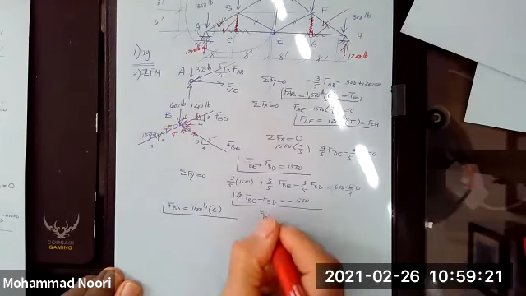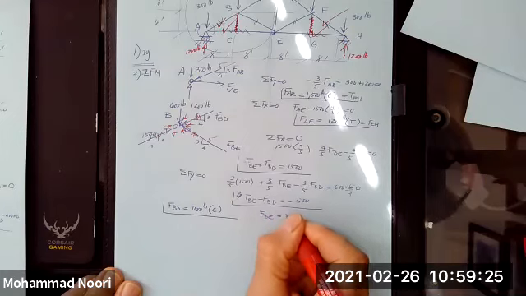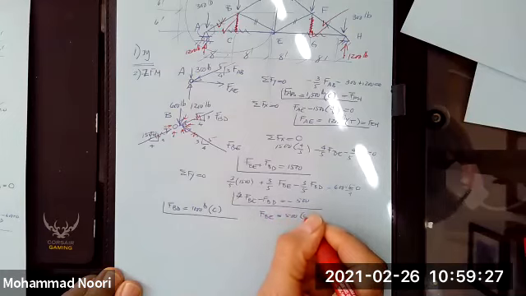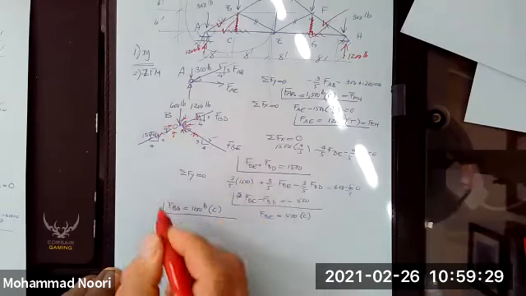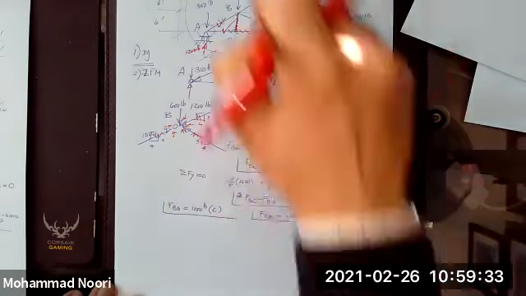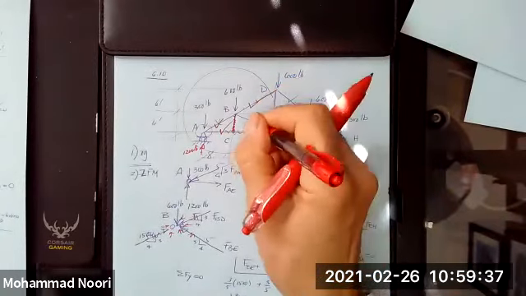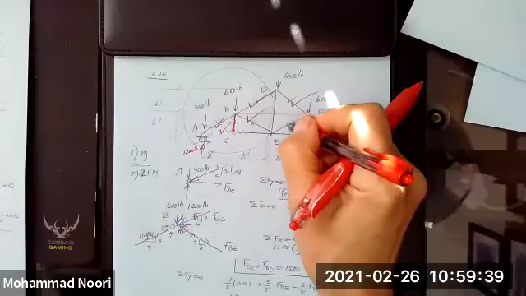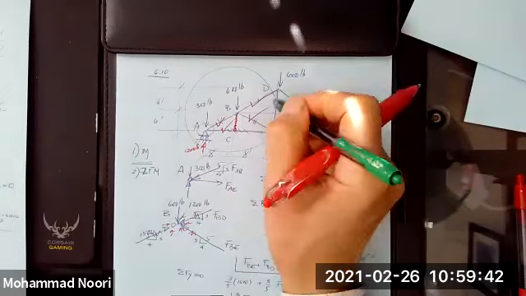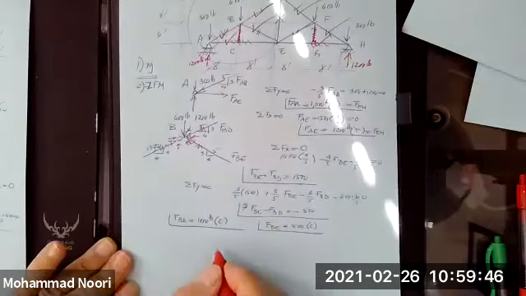F of BE comes out to be 500, also the correct direction. So you solve for this force, this one, and this one. So the only one left is this one. So you can quickly write